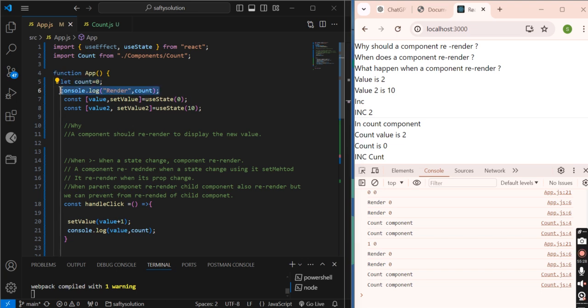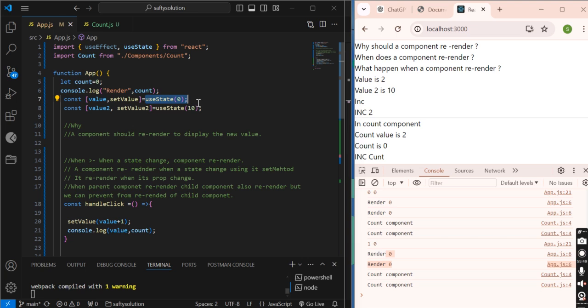Again this will execute, and here we have printed render count. Now again it is 0. Again it will print render count. See, here it is printing 0 at each render.